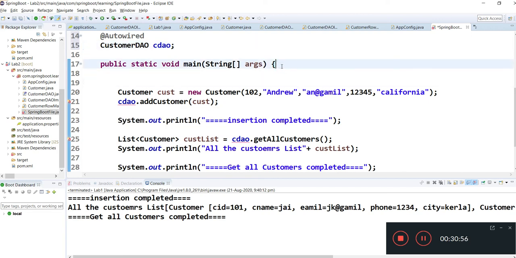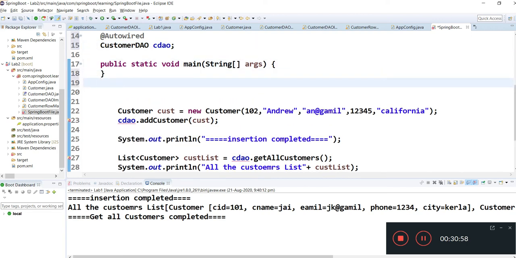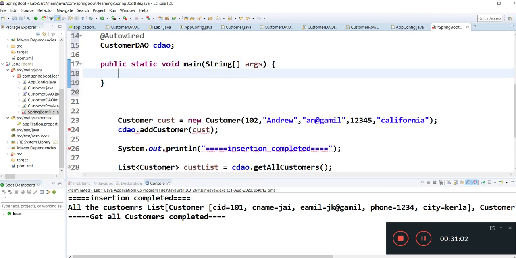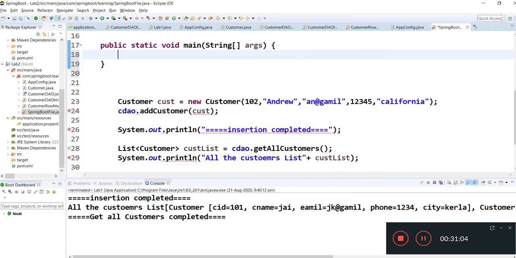And inside the main method you need to write some other code. I'll tell you what code you need to write.